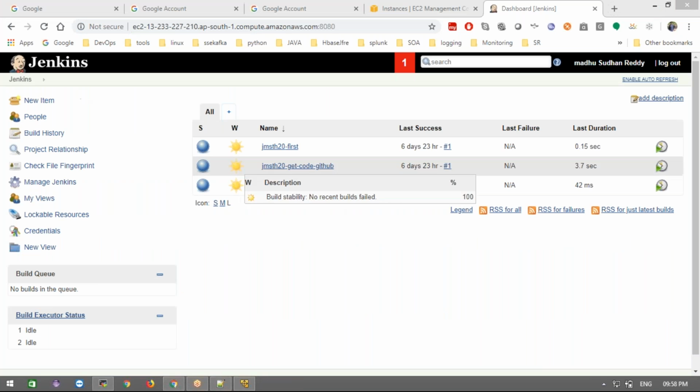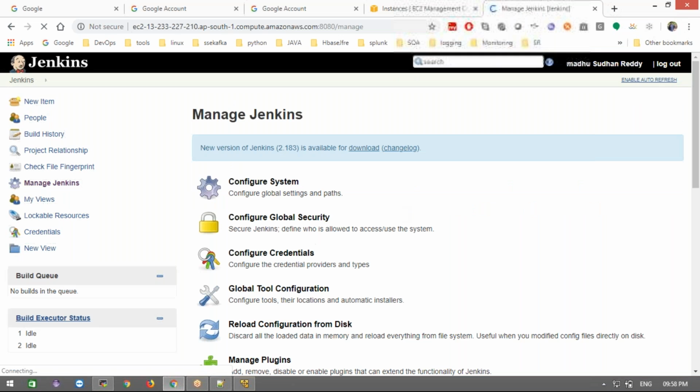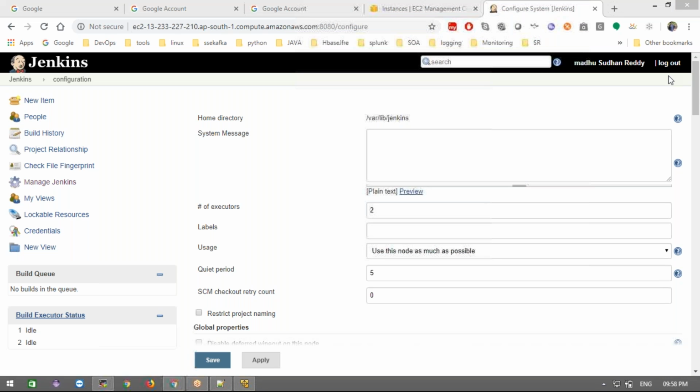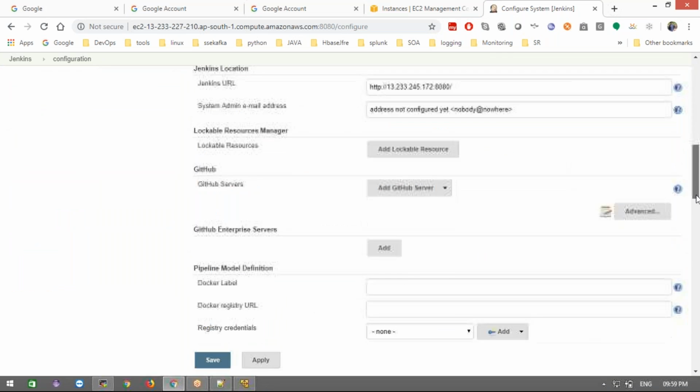Now where we need to go to configure the email notification: in the Jenkins homepage, go to Manage Jenkins, and then Configure System. Then we need to come a little bit down.